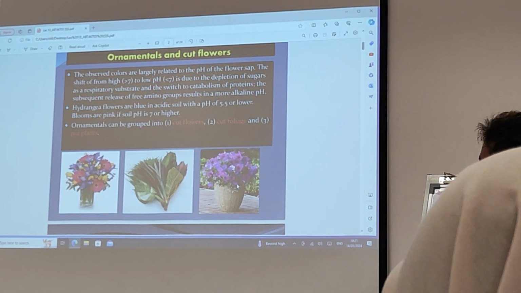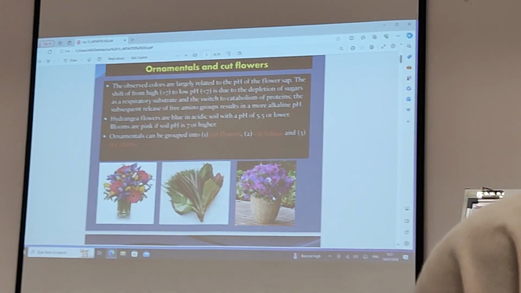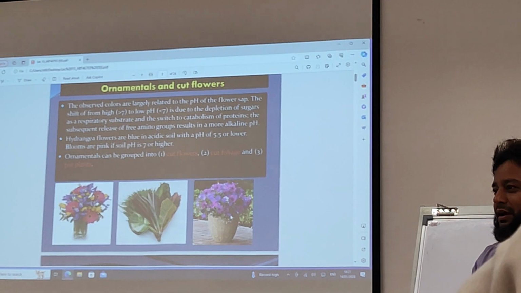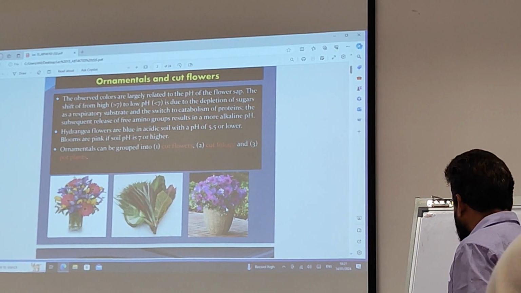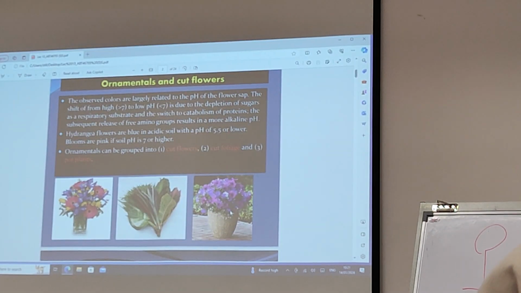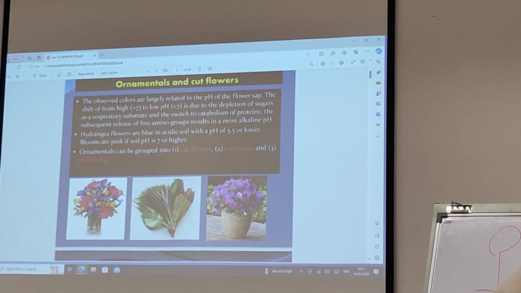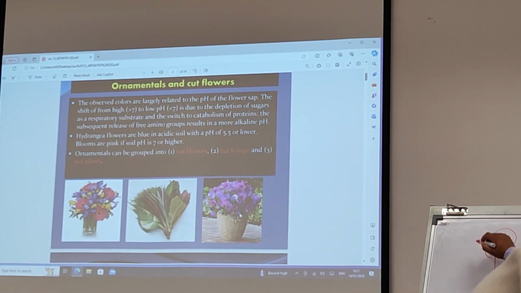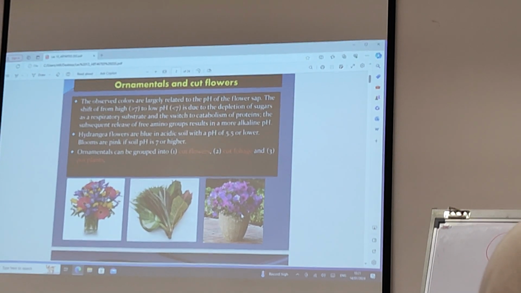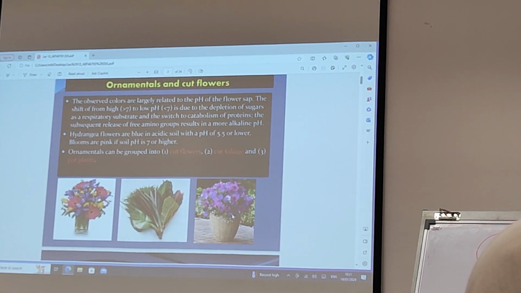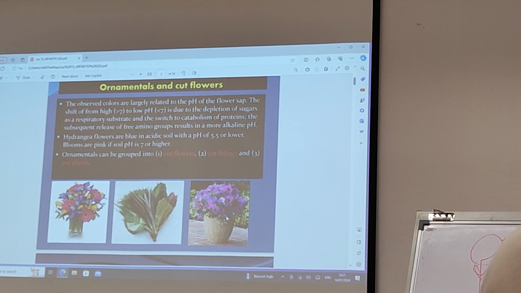Okay, so number one can divide into cut flower. We just use the flower after cutting, right? Can you tell me some of the cut flower names? If we use these types of flower, it should maybe have some leaf. Usually one flower with some leaf and also one small stem,